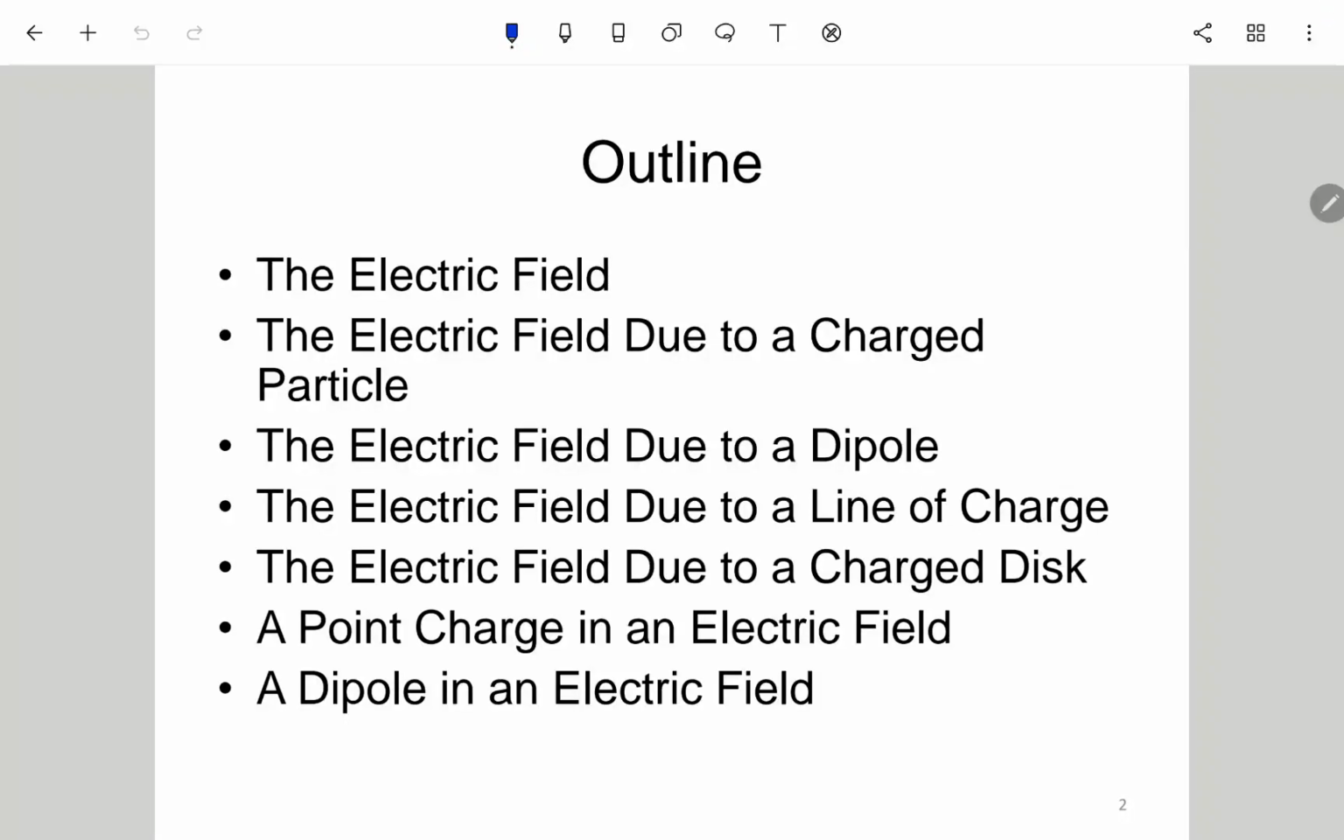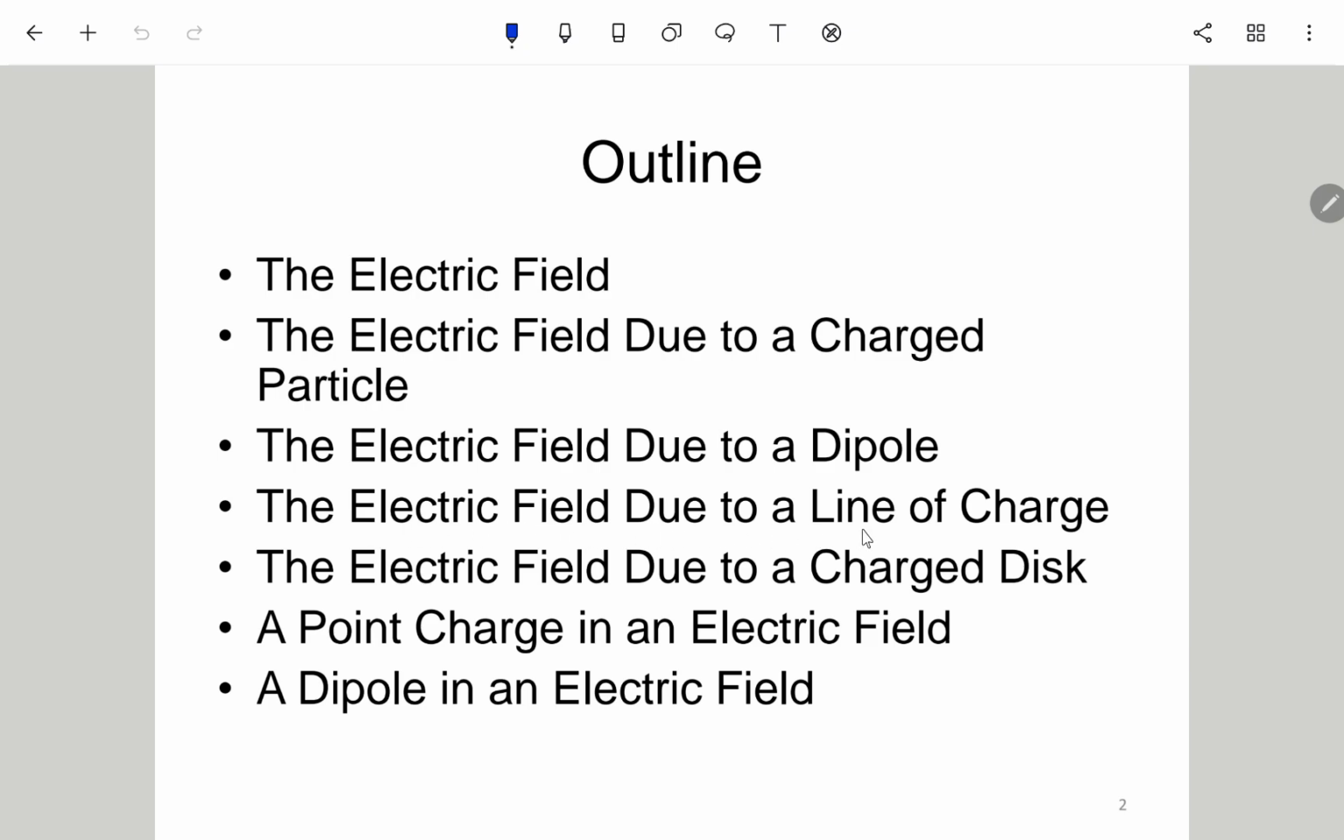Okay, so this is the outline of chapter 22 about the electric field. The outline here is, the first one is to define what an E field, the electric field, is, and then we will start to compute the E field generated by different charge structures. Like the first one is the electric field due to a single charged particle, and then the electric field due to a dipole. A dipole is actually a pair of charges,